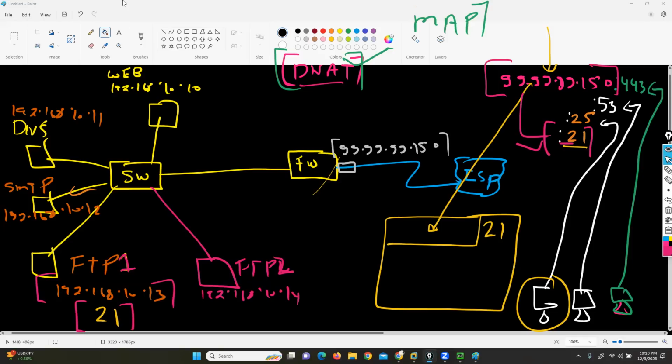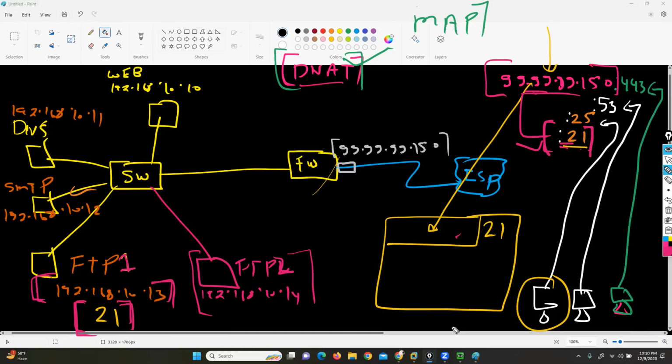Already mapped. See this public IP, this port number. If anyone from outside hits this public IP address for FTP service, the standard port number for FTP is 21. So this public IP and this port number are already mapped with this 10.13 for port number 21. What about FTP2, everyone? Is my challenge clear? Yes, sir. So now my point is, if I have multiple FTP servers or multiple web servers, then